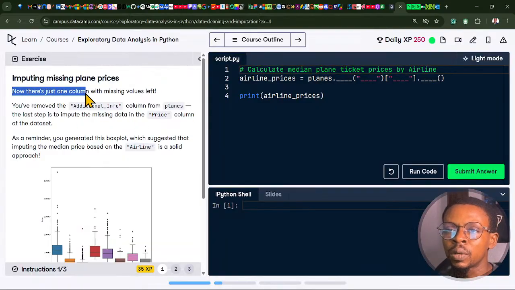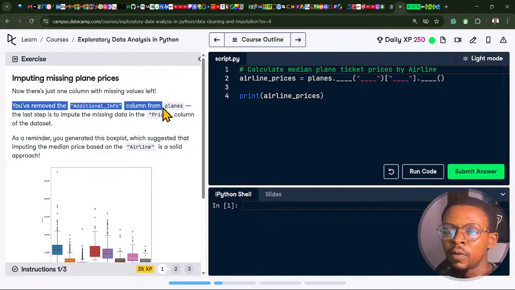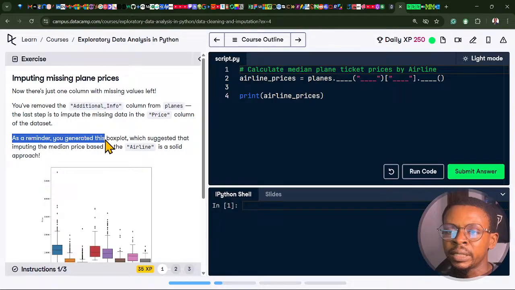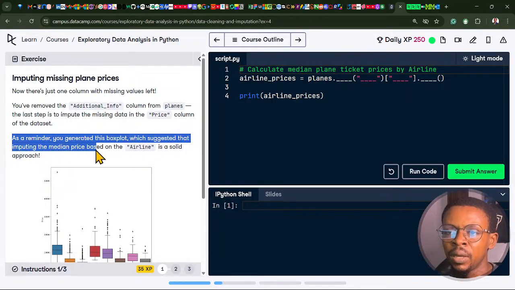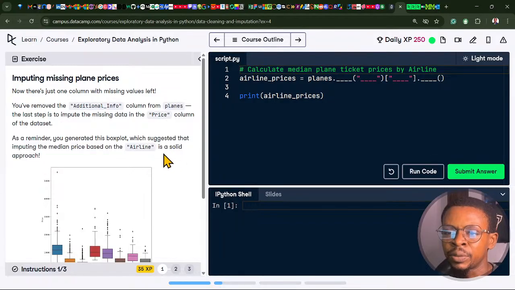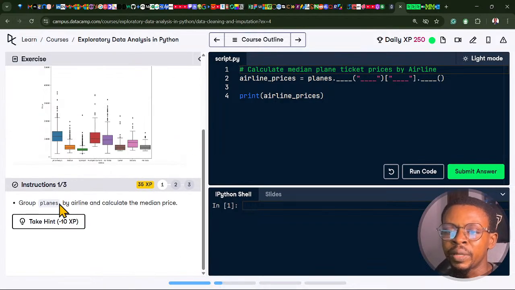So now there's just one column with missing values left. You've removed the additional info column on planes. The last step is to impute the missing data in the price column of the data set. As a reminder, you generated this box plot, which suggested that imputing the median price by airline is a solid approach. Okay, group planes by airline and calculate the median price. So to group planes by airline,